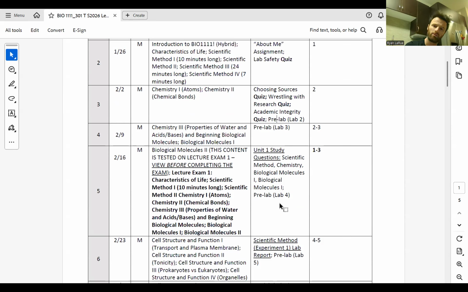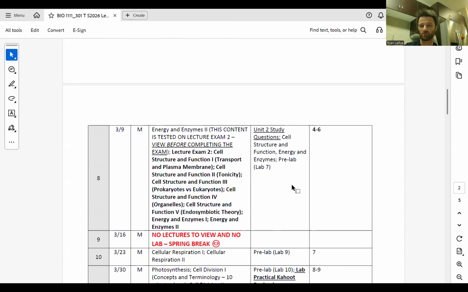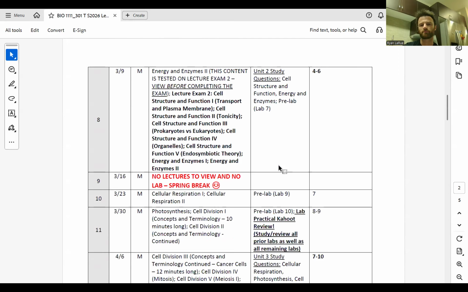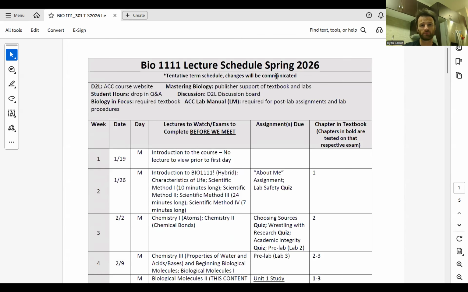I'll talk a little bit more about that when we look at the syllabus and what that's all about. Lab reports: there are two lab reports, and you can see when those are due in the syllabus as well. So that's really it for the schedule.